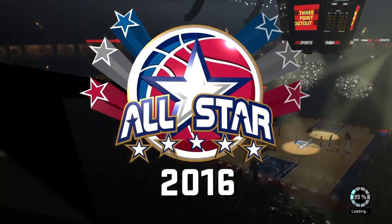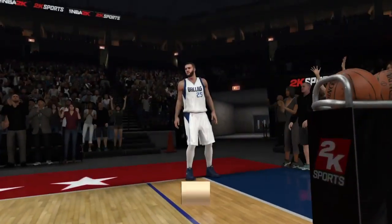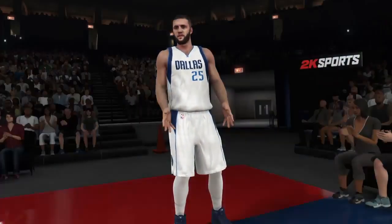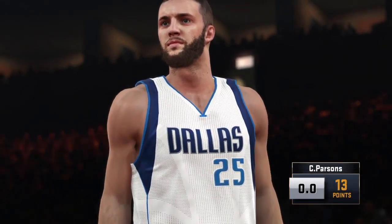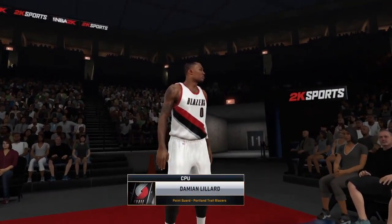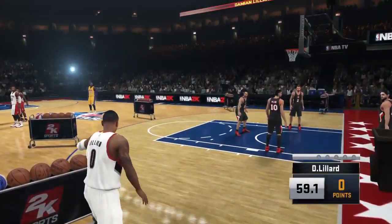There is nothing like it anywhere, and I mean anywhere else. So it'll be Chandler Parsons here. He has 60 seconds to make as many shots from behind the arc as he can. And there are 25. And 13 is the final score. I'd say a solid showing from him. Yeah, even if he didn't set things completely on fire, it's still a fine score. I mean, what did you take away from it, Steve? Well, it wasn't his best, but he got...